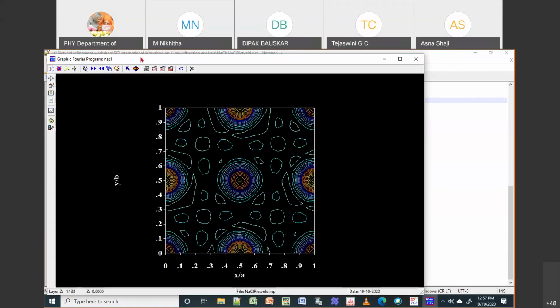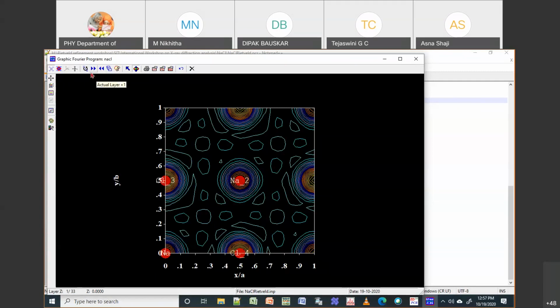Then if I want to show the atoms, I have to click this and accept it. So sodium, chlorine, sodium, chlorine. You can see they are alternating. Sodium will have a chlorine next to it, and in the same way, chlorine will have a sodium next to it. This is how it is because it is Na plus, Cl minus, so this has to be maintained.